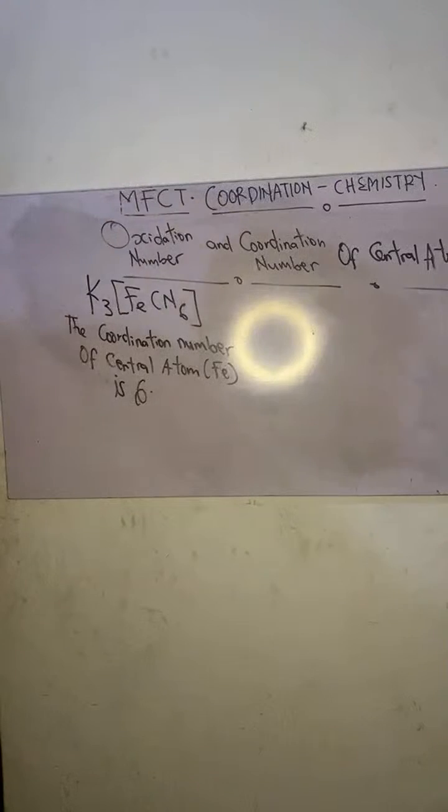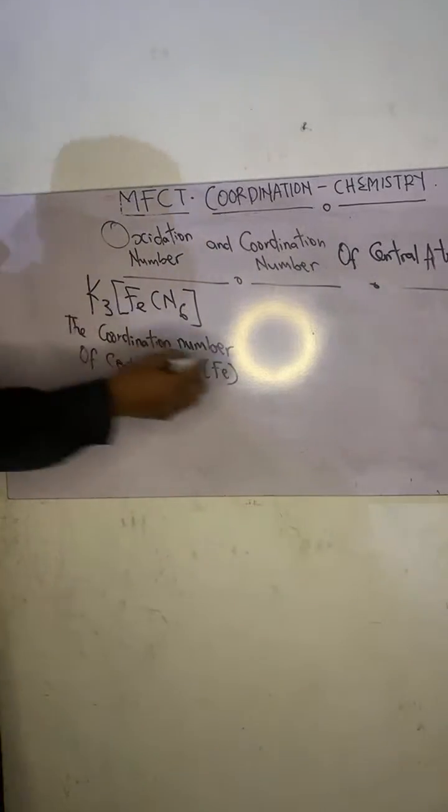We can have H2O, and the ligand name is aqua. We can have CO, and the ligand name is carbonyl. We can also have NH3, and the ligand name is amine. And we can also have ethylene diamine. So, the examples of the neutral ligand,